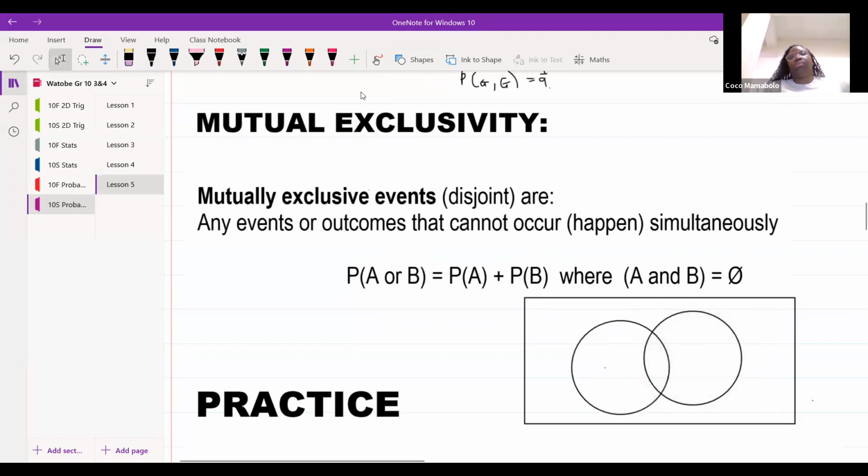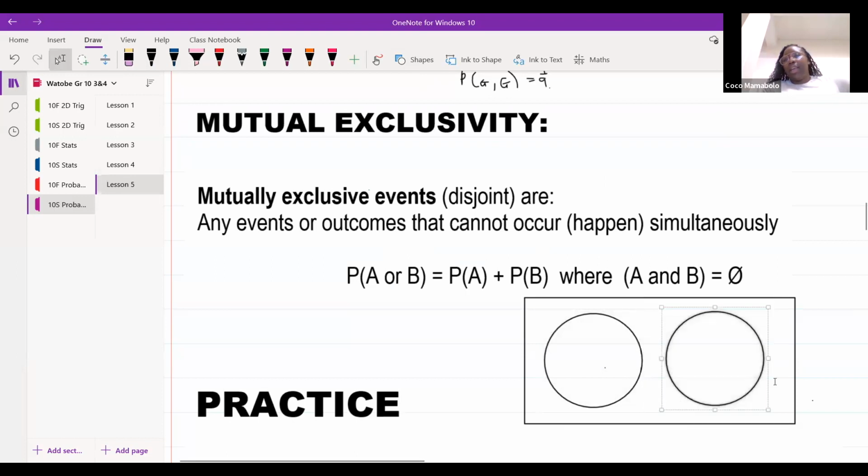I think it is when there's no intersection. Beautiful, absolutely. When there's no intersection, when they sit like this. But I want you to explain it to me mathematically. You know what I mean? You need to explain it, guys. The airtime is running out. Okay, so explain to me.